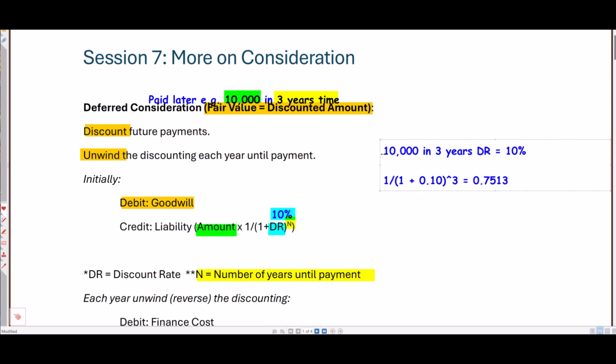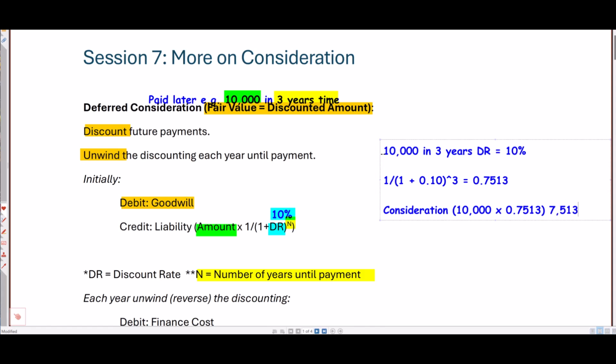Put that in your calculator and make sure that you can do that calculation. So 1 over 1 plus 0.1, so that's 1.1 to the power of 3, and you should get 0.7513. Therefore, the consideration is going to be the 10,000 times 0.7513,